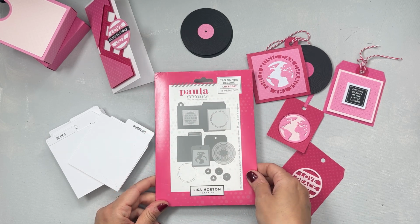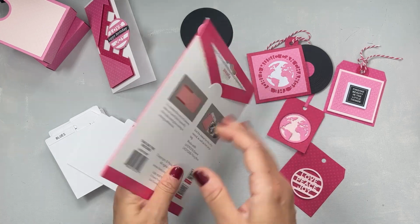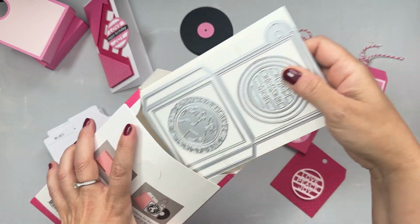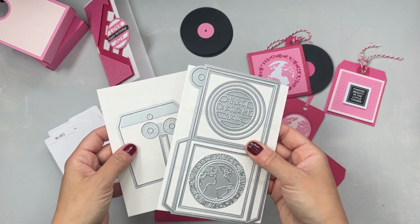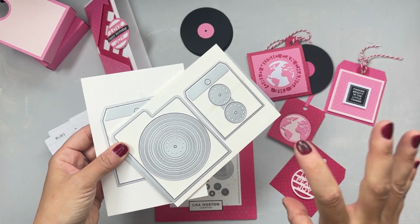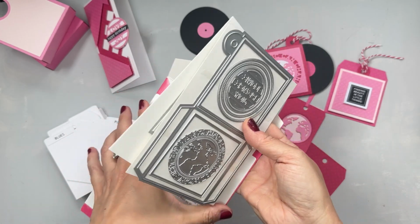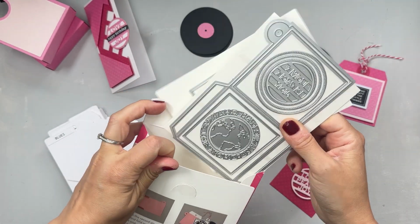Now this is a set of 16 metal dies, and when you get them, of course, you have some instructions on the back, some QR codes that will come directly to some downloads, as well as different videos from Paula Creates. You are getting so much metal for your money in this set, and I like to use that expression because you're getting loads in this little package that allows you to create those cards for, well, let's just say